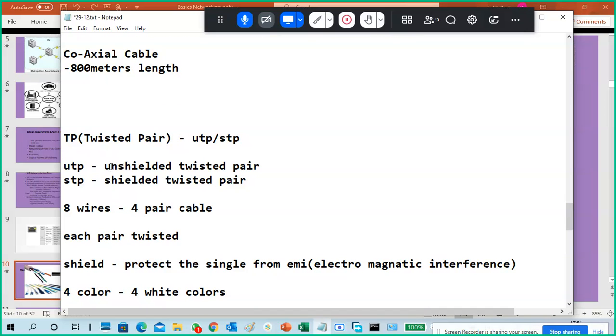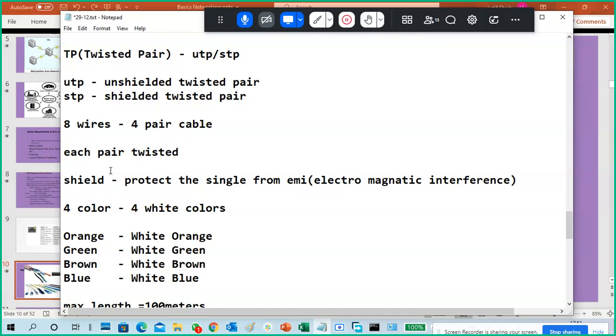The next type is twisted pair cables. Coaxial and twisted pair are both copper cables only. In twisted pair cables, each wire is twisted with the other. The twist reduces the attenuation. If you don't understand, it is okay, it's not a big deal. Twisted pairs are actually of two types, UTP and STP: unshielded twisted pair cable, which has no shielding on the cable, and shielded twisted pair cable, which has shielding.